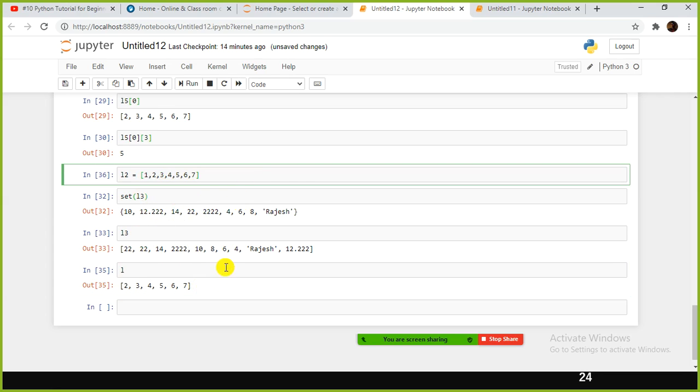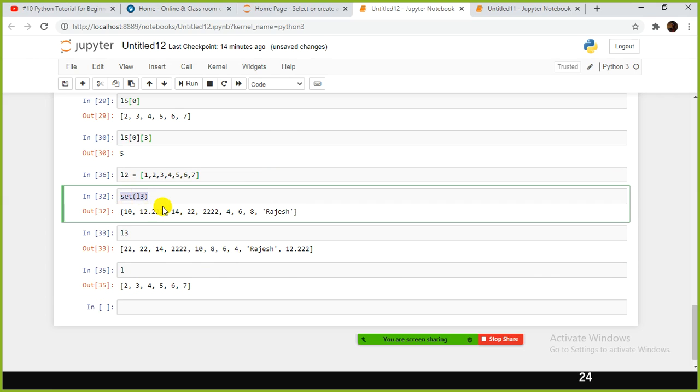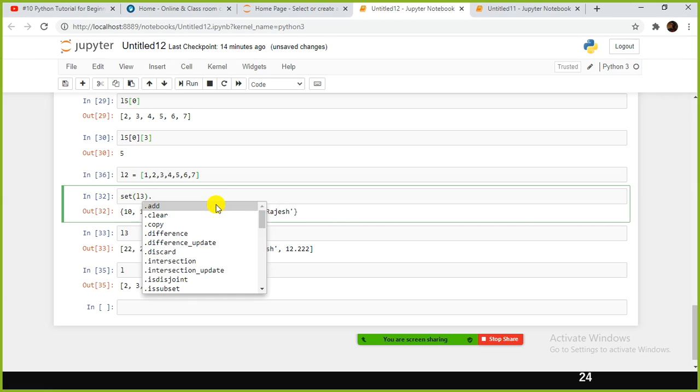Anyhow, we have set, right? I was talking about set data structure. In the set data structure, you have something called union, intersection and all available. With that, you can do it. We have union, intersection and something else. So let's say, if you put dot here.